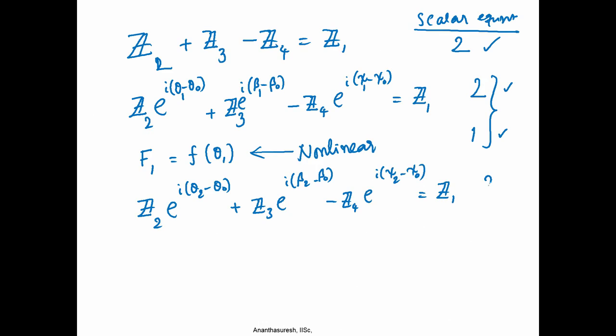That will give me 2 more equations, and then I will also have F2 as a function of theta 2, that is one equation. So, we have total now 5 plus 3, 8 equations. Okay. Now, I have 11 unknowns and